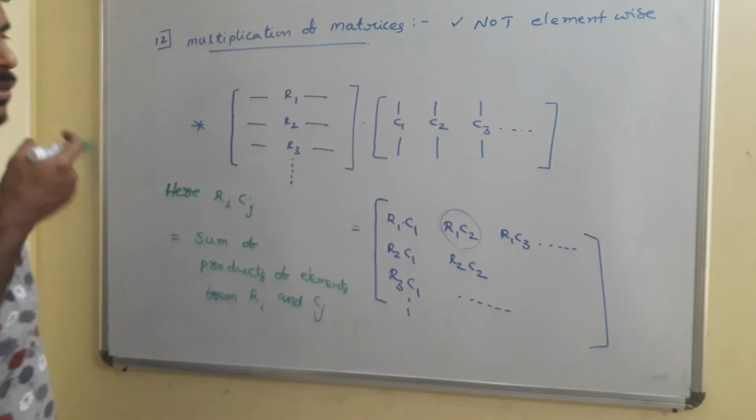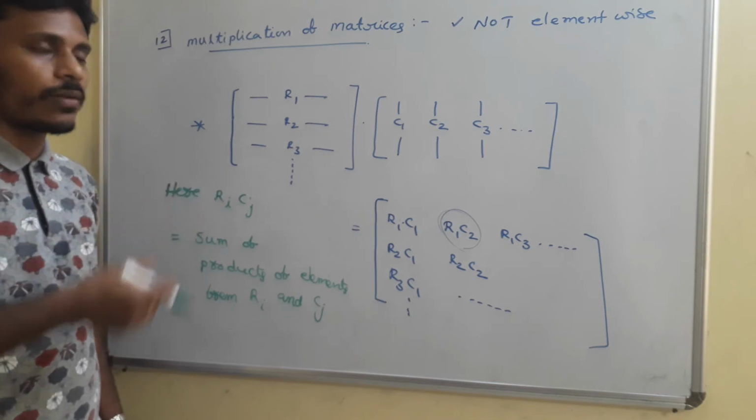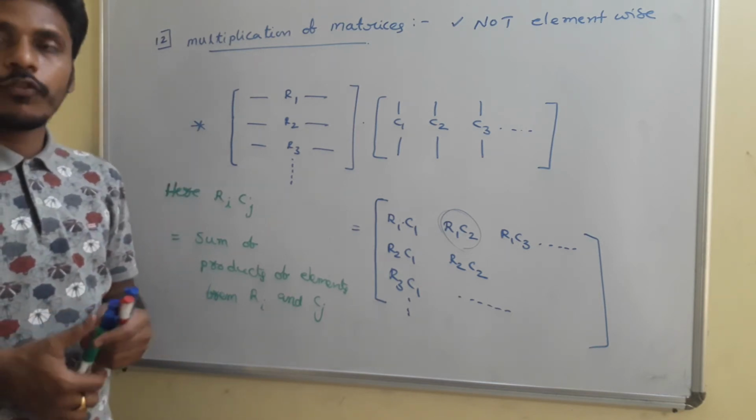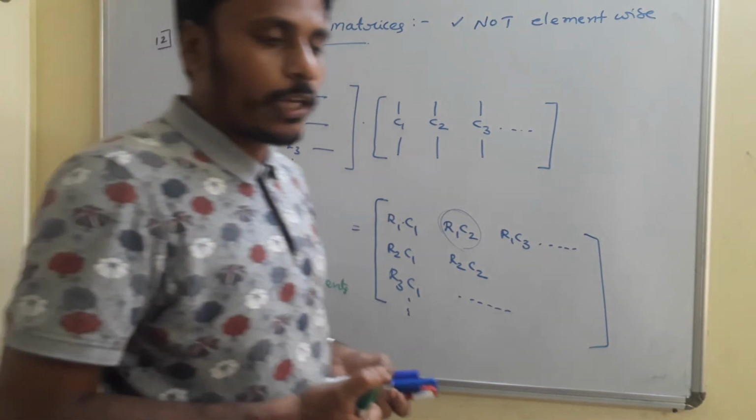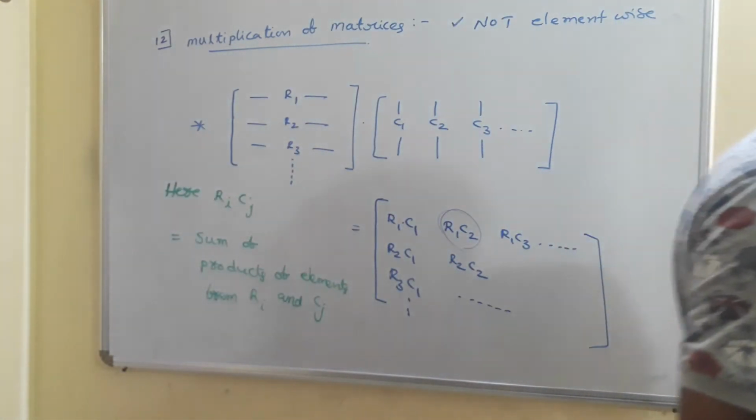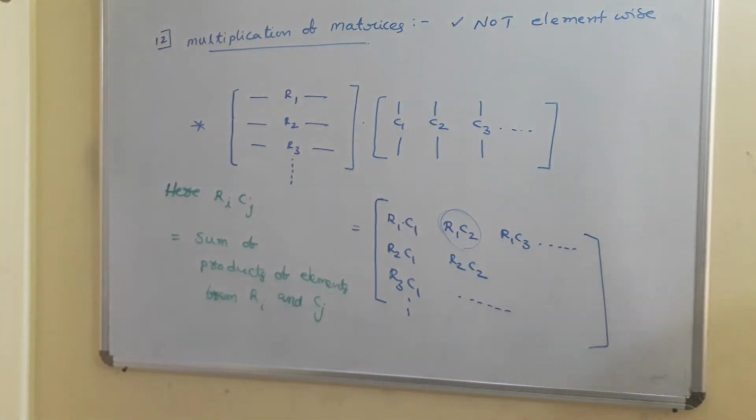Okay. See, if you look, the definition looks somewhat complicated, but if you go with an example, automatically you will get a clear idea. First of all, I have a screenshot and then I will give you the examples. With the example, you will get a clear and confident idea on this. Okay. Multiplication of matrices. I am erasing this.